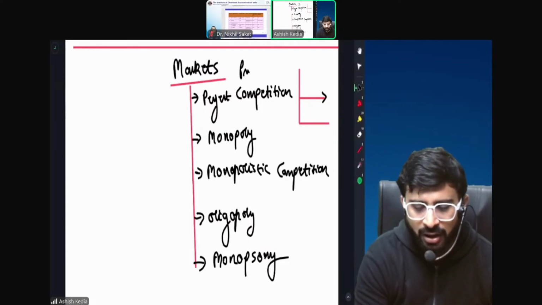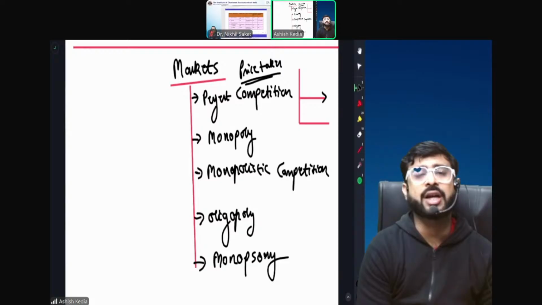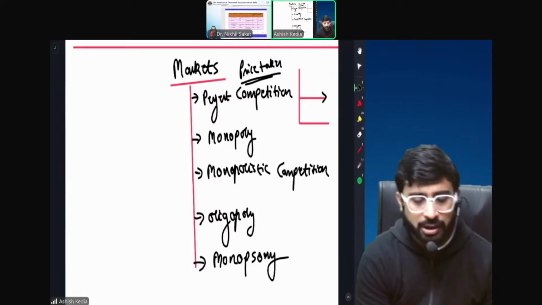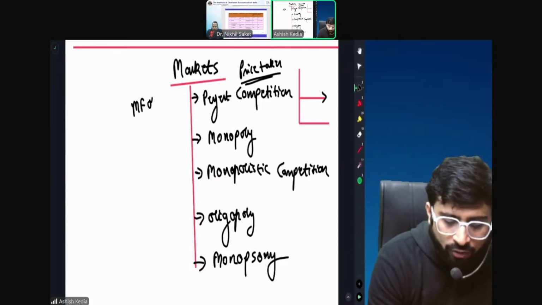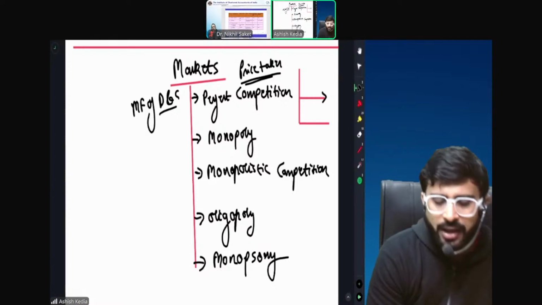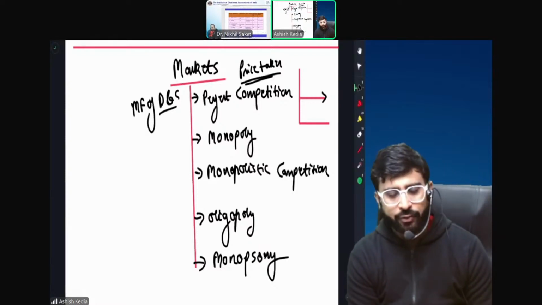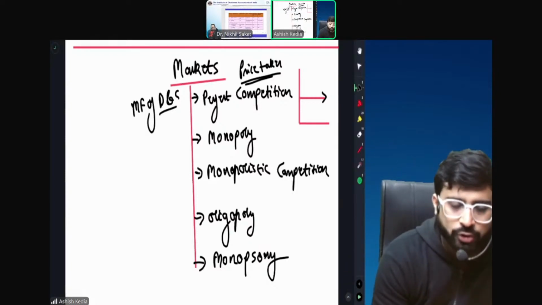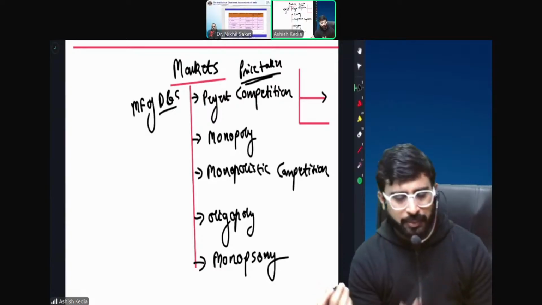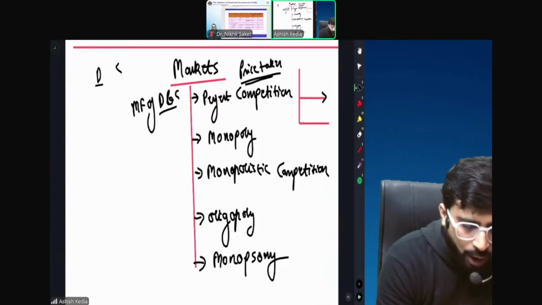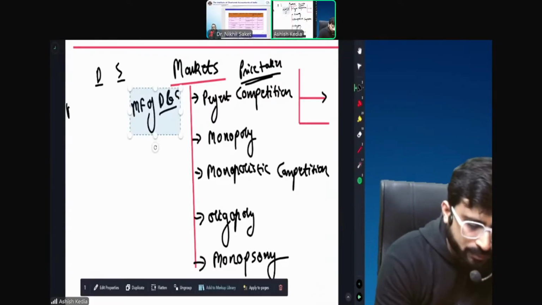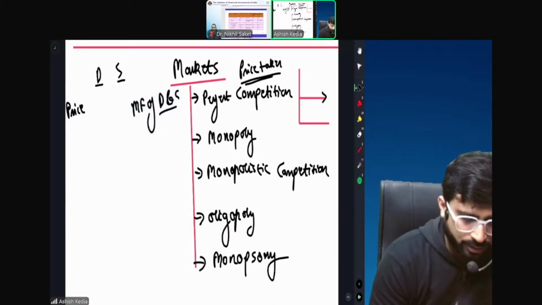Firm is a price taker because price is not decided by the firm. Price is decided by who? Price is decided by the market forces of D&S, demand and supply, right? And how do market forces decide the price? I'll give you an example. See how prices are decided. So suppose the price of a product